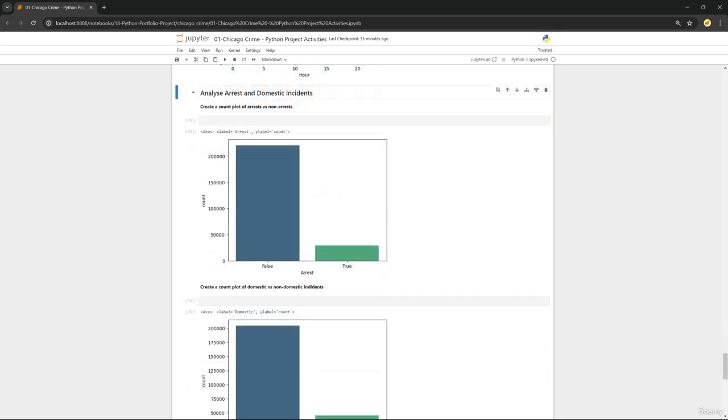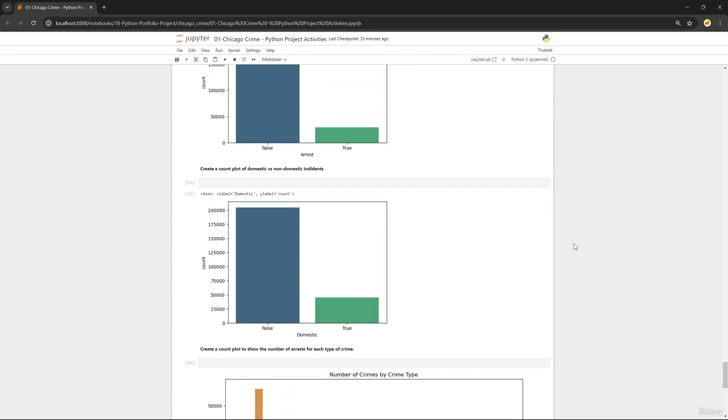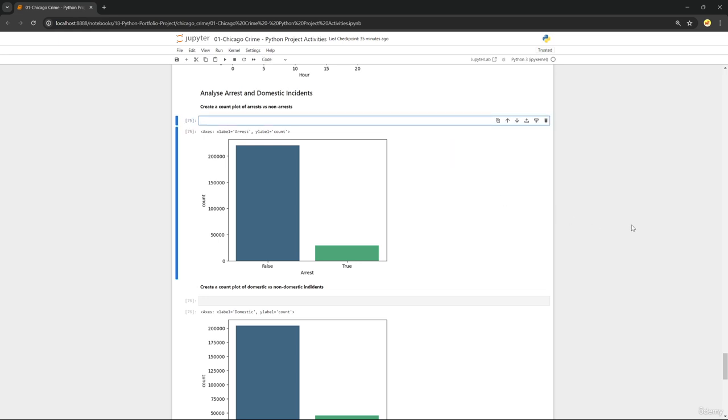The final topic of analysis for this notebook was on arrest and domestic incidents, just to see how many of the reported crimes were a domestic incident or resulted in an arrest. All of these plots would just have needed a count plot, so hopefully they should have been fairly straightforward to create. Our count plot for showing arrests versus non-arrests would just have needed the arrest column on our x-axis, our df data frame as the data, and then I also set a palette of Viridis, but